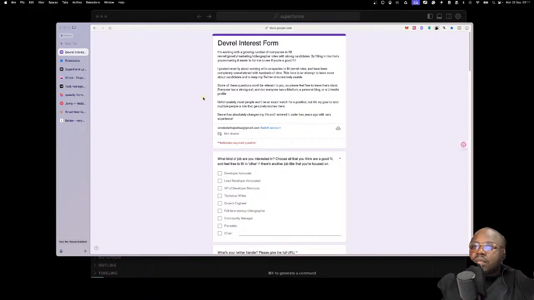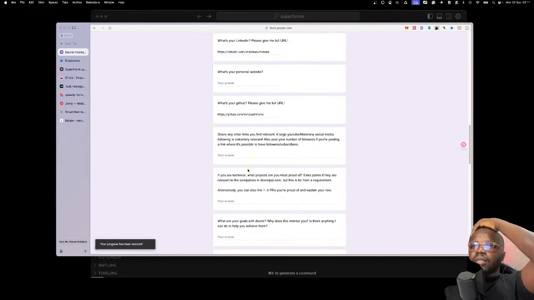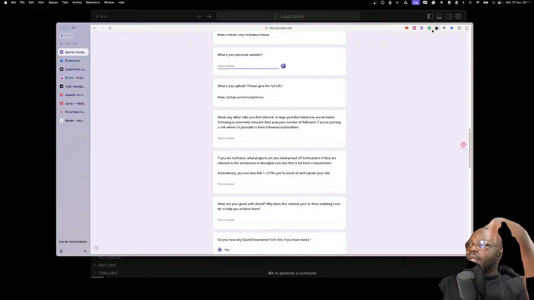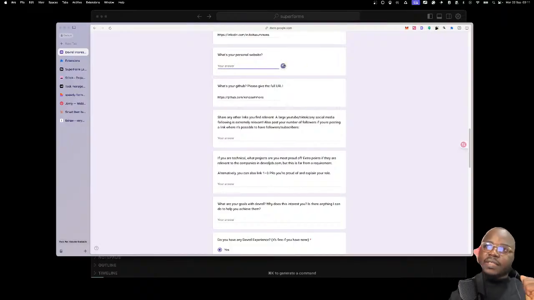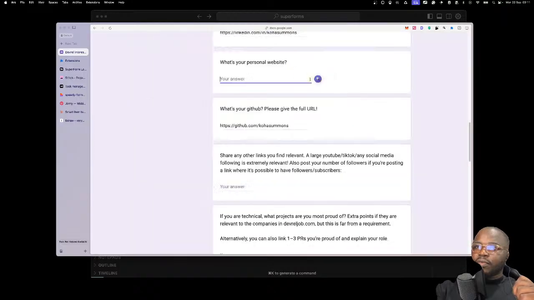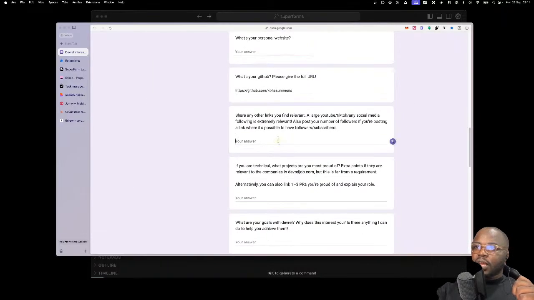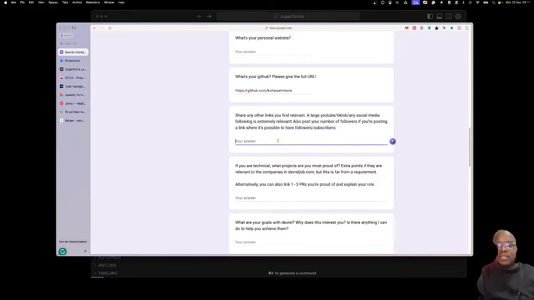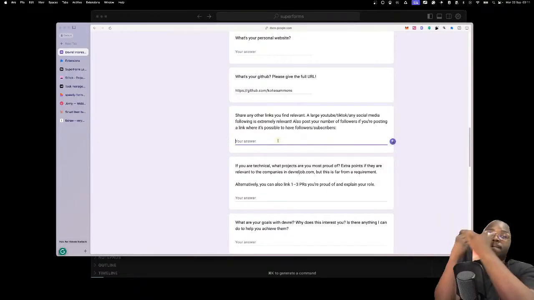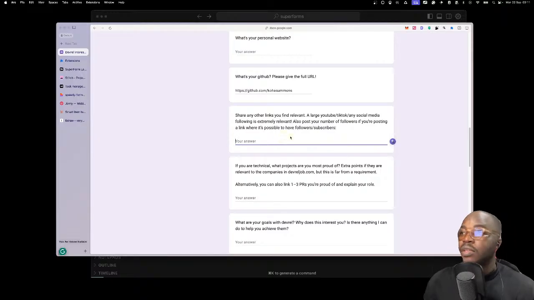I think this one has a little bit more info. What's your personal website? Let's see. Oh yes, this is it. This is what I'm saying. Can you see this? It's showing this stuff whenever I'm on the form field and I've highlighted the form field. Oh yes, this is it, guys. I think we've gotten a great milestone.